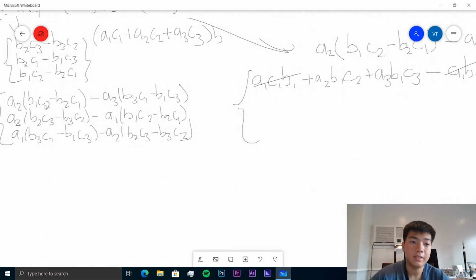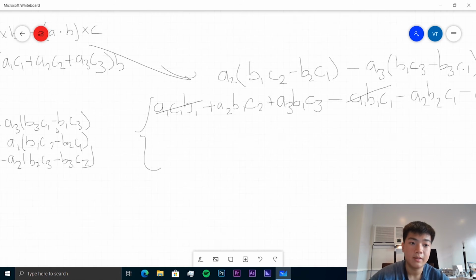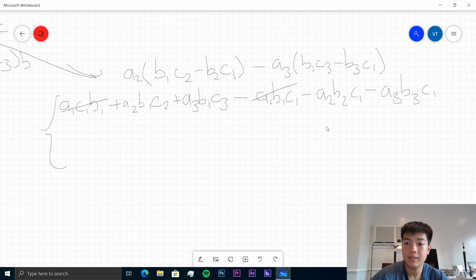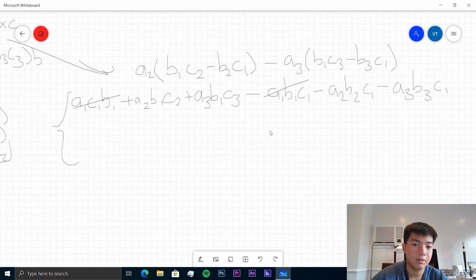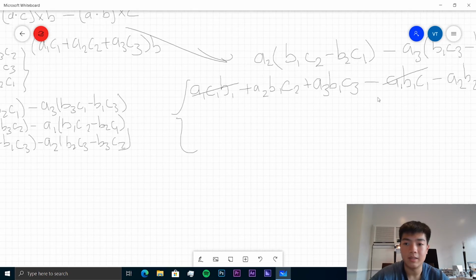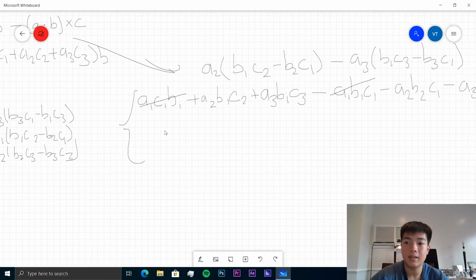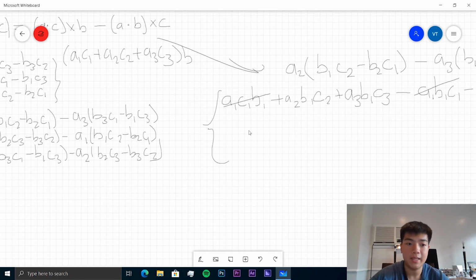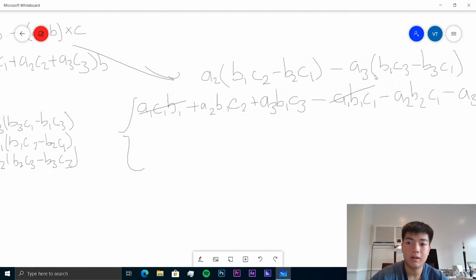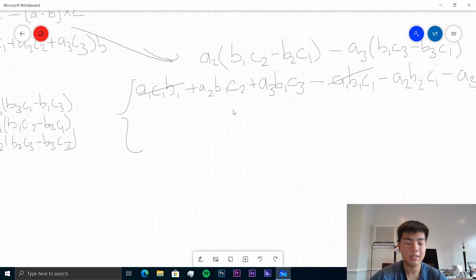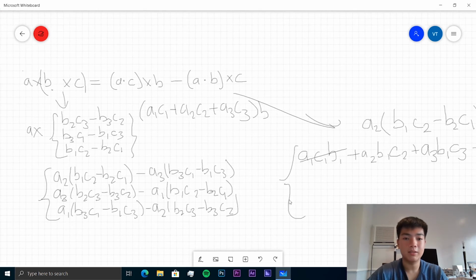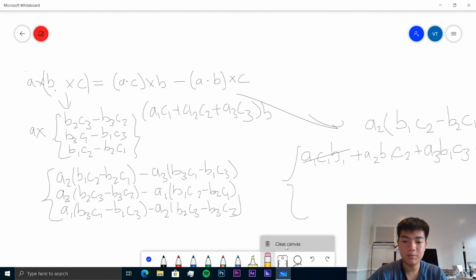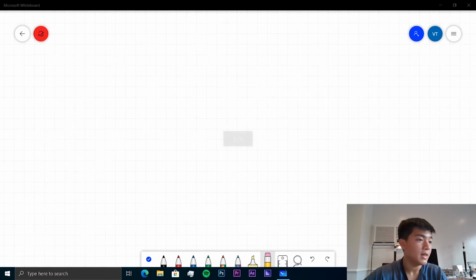And if we compare these two, here we have B1 C2 minus B2 C1 and then B3 C1 minus B1 C3. Sorry, I accidentally swapped it around there wrongly. But anyways, we should get that these two are equal. And so we could expand the rest, but I won't do that here. Okay, so that's a new proof we can use. And the next